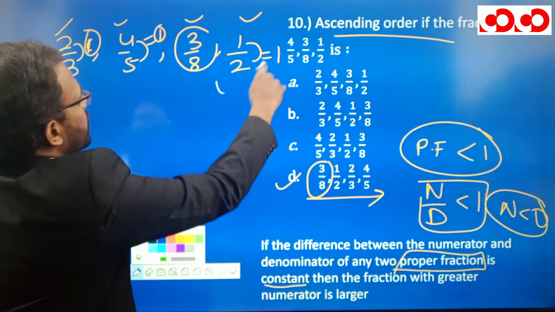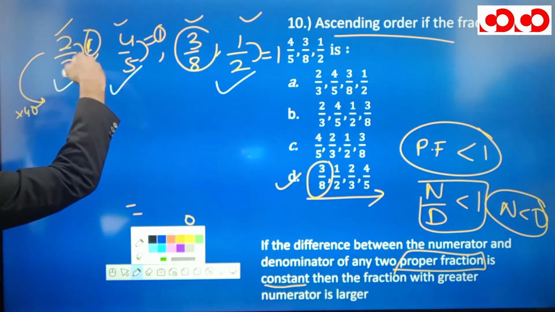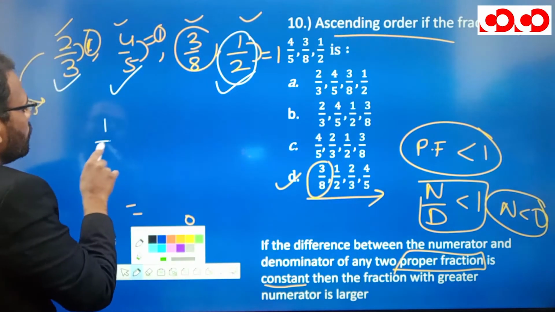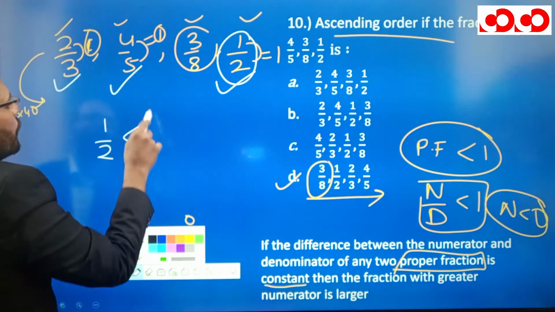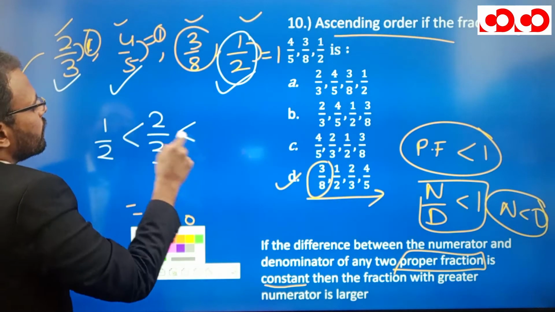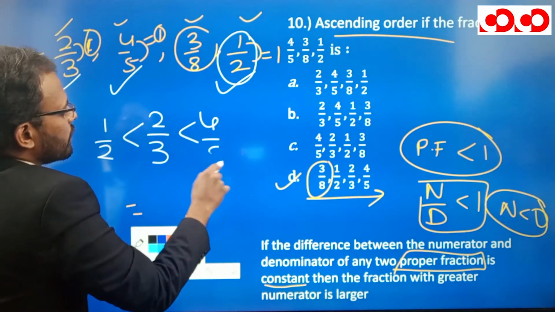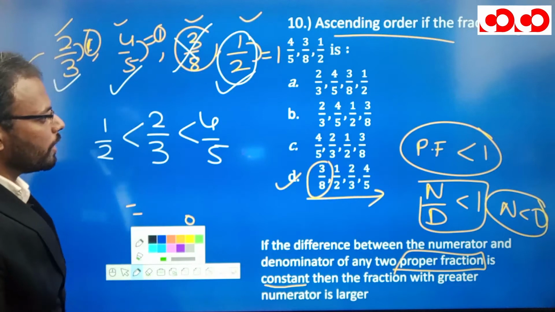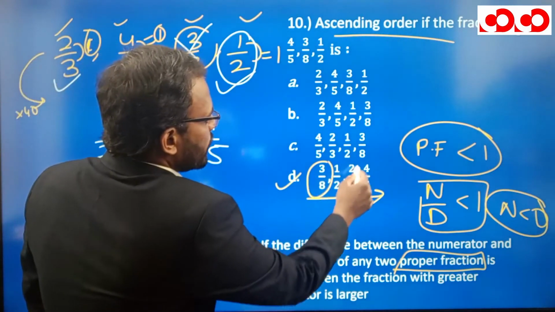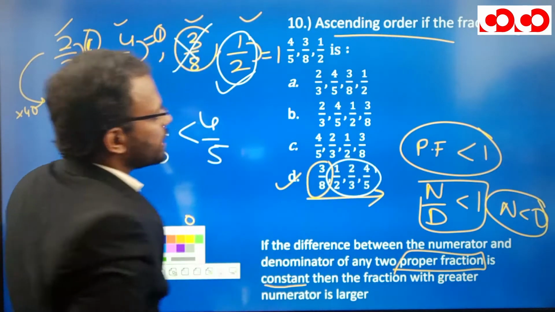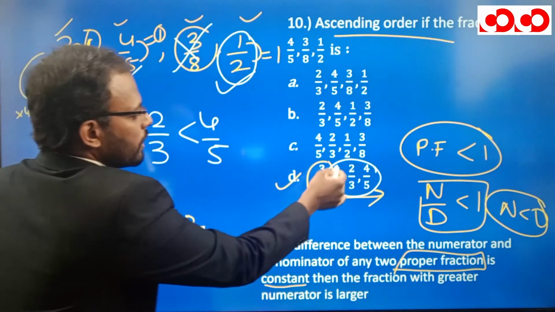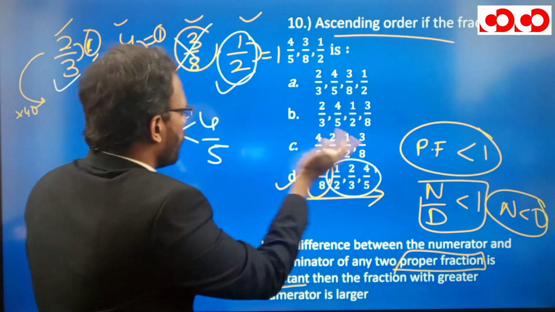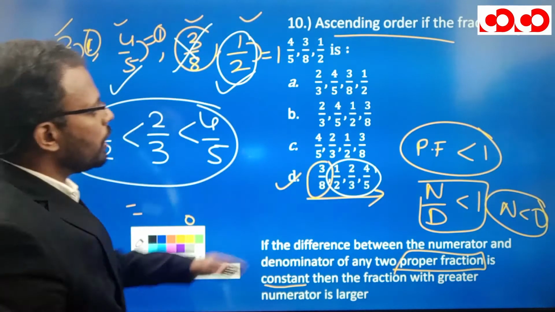So among these three fractions, the difference between numerator and denominator is the same. So this fraction, 1 by 2, will be smallest. After that, 2 by 3 will be larger than that, and 4 by 5 will be largest. Now let us see which sequence is followed here. Among 1 by 2, 2 by 3 and 4 by 5, here is the only option which is following it: 1 by 2 is smaller, then 2 by 3 is bigger than that, and 4 by 5 is the biggest. So we can see only option number 4